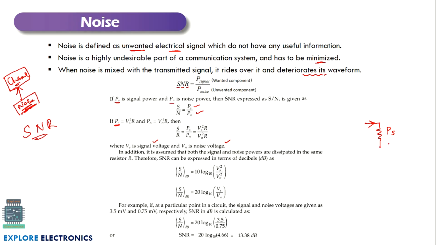Suppose a noise signal is included, the power of that is PN. So we assume that both the signal and noise powers are dissipated across the same resistor,